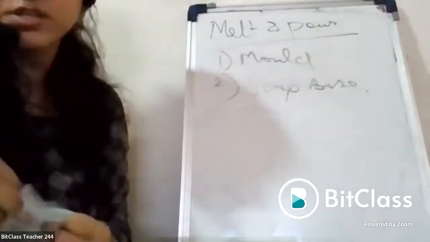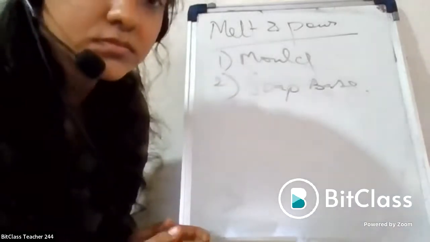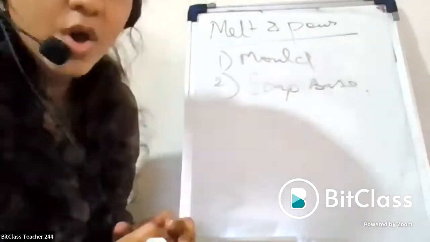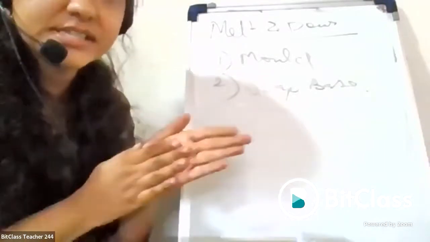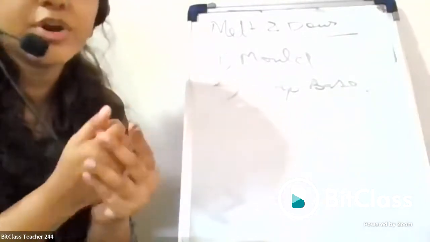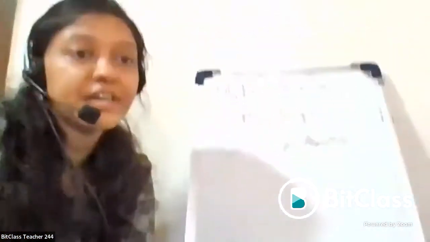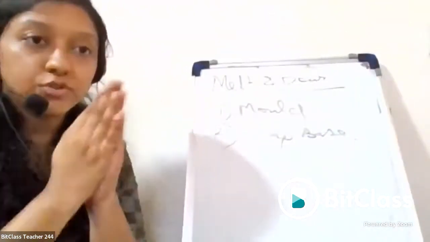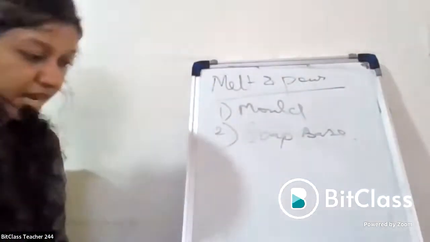Have you seen any varieties of base? Glycerin based or cream based, I suppose. Gel based. Okay, so you have seen a lot of bases in the market, correct? So today, if you are going to buy, you will have a confusion. Some goat milk base, what base do you buy? There are a lot of bases. Okay, so for that, I'll give you a clear bifurcation of each base, so you will understand.